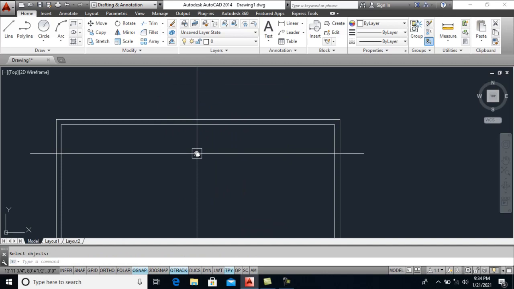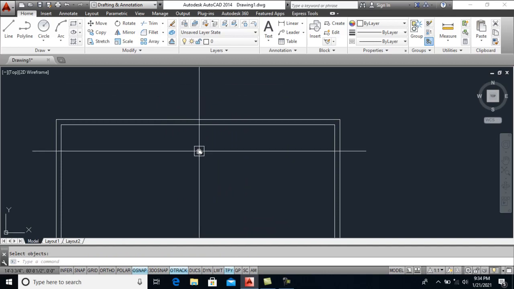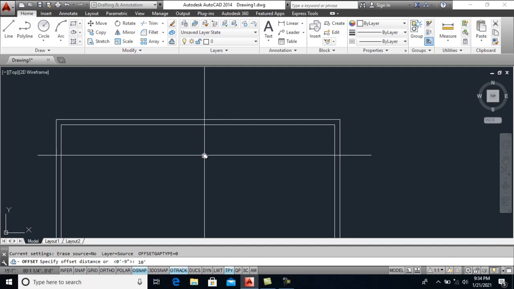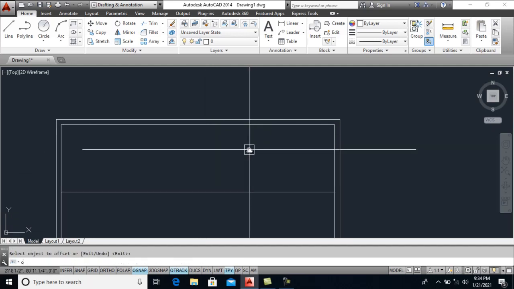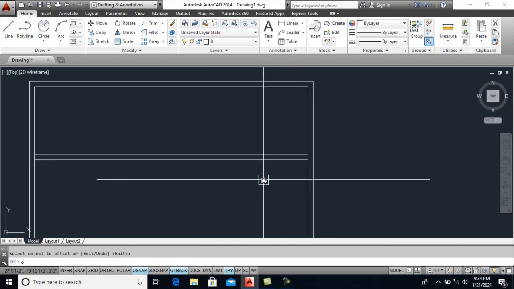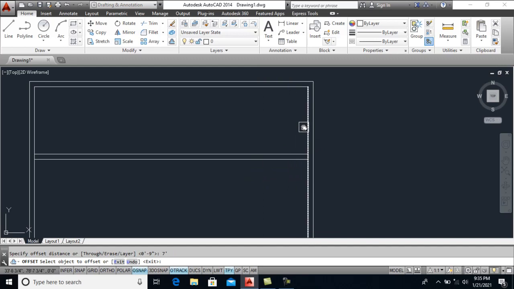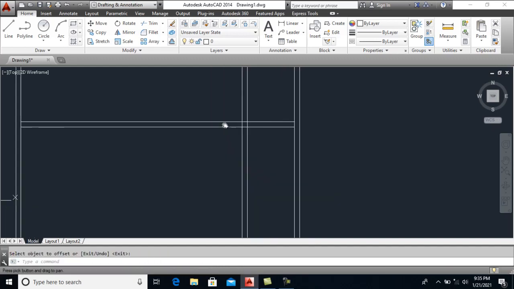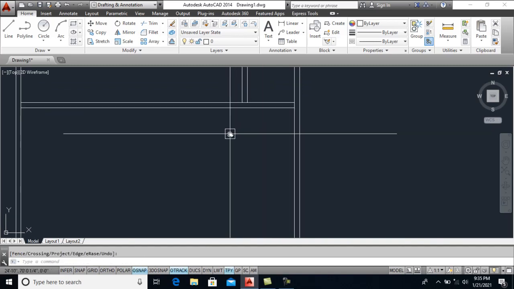Let's draw our building. Take offset of 10 feet. Then offset 9 inches. Offset 7 feet. Then offset 9 inches. Let's trim it here. Offset